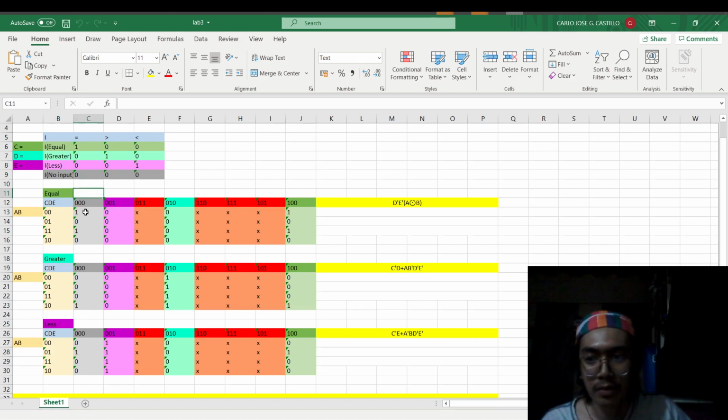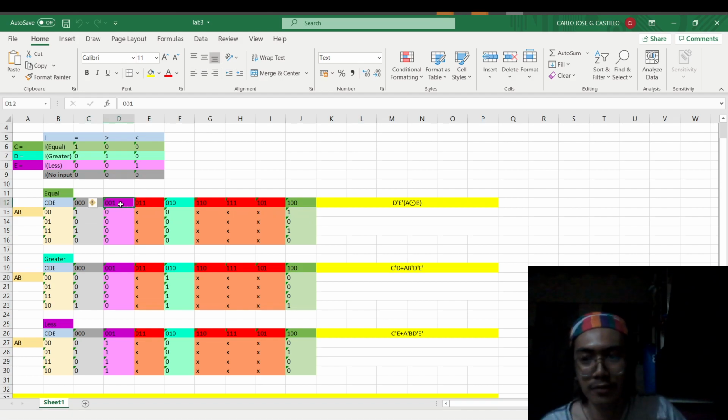So we put a true value for the combination 0, 0, 0, 0, 0, that is 5 zeros, and the combination of 1, 1, and 3 zeros. So as you can see, 0, 0 is equal and 1, 1 is equal. So that actually falls to our equality. And